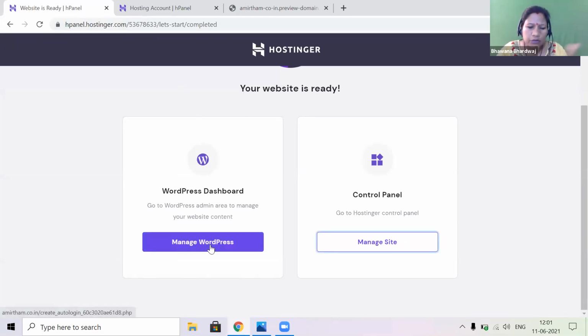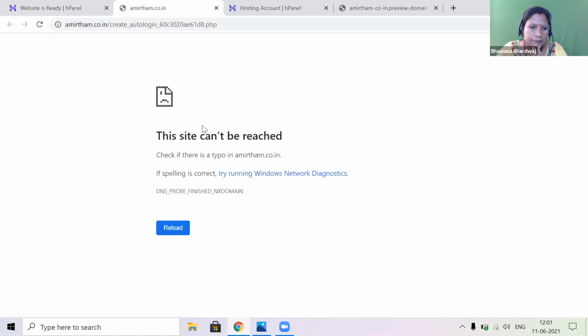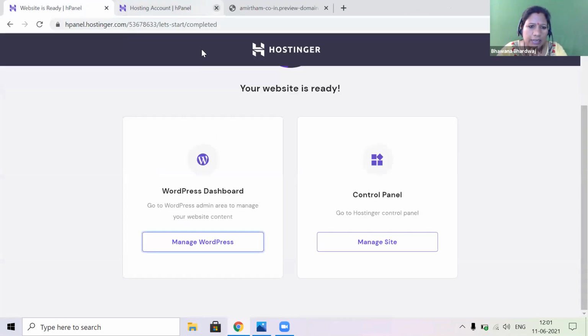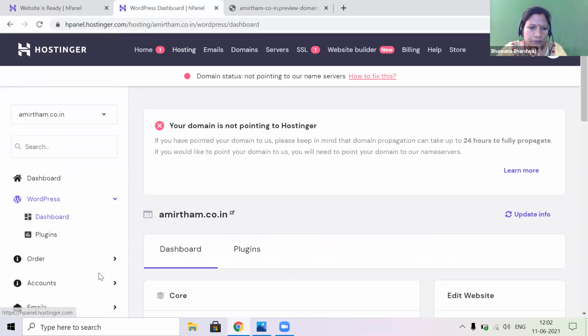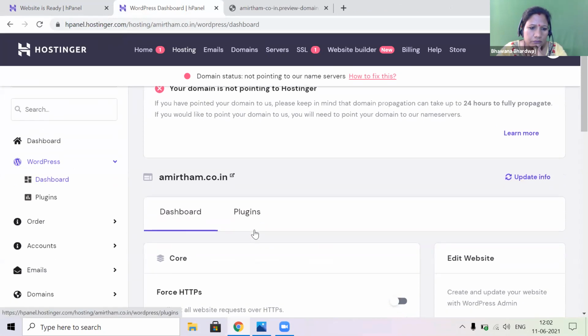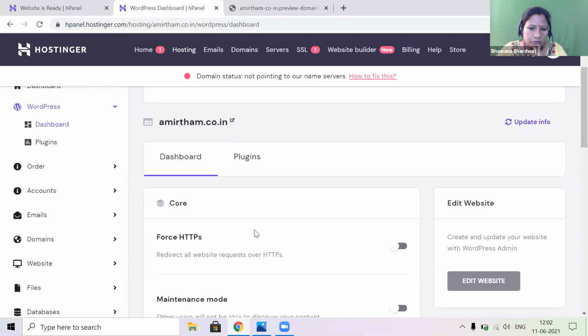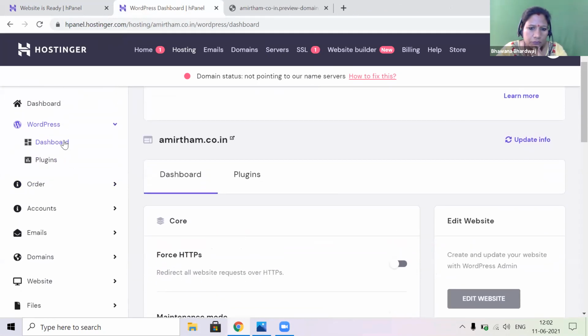Okay, here you can also manage WordPress. Go to the hosting account, this tab, yes, this one, and click on that dashboard. Right.